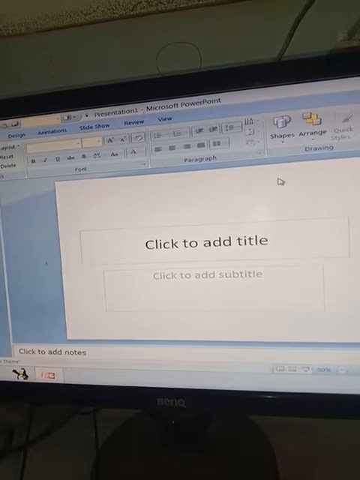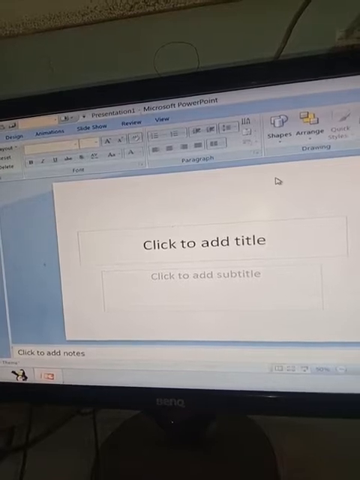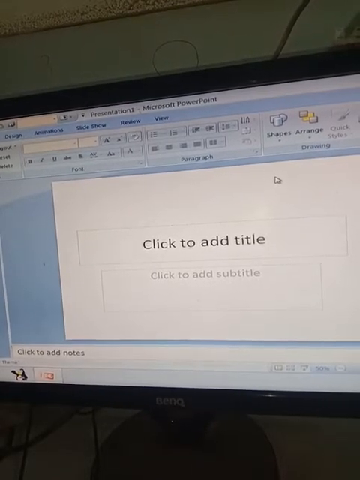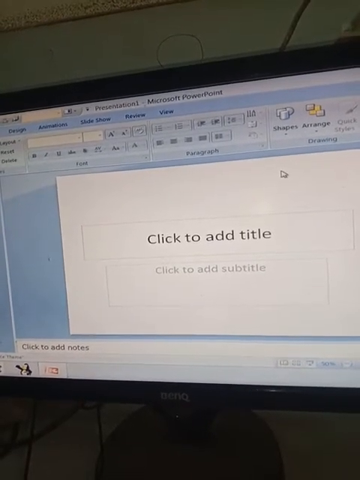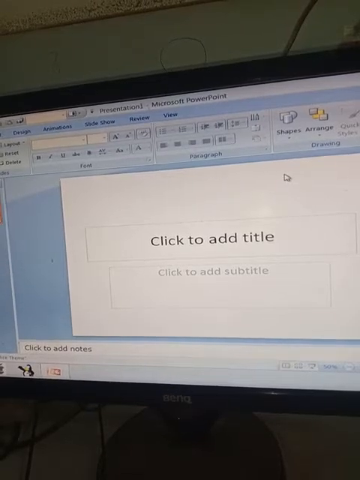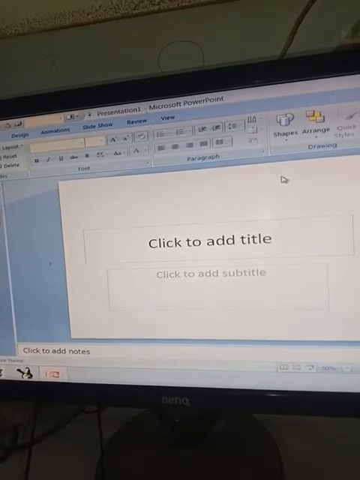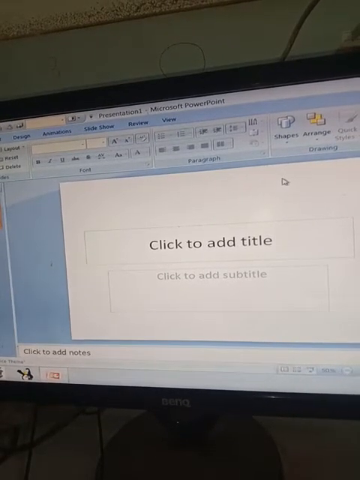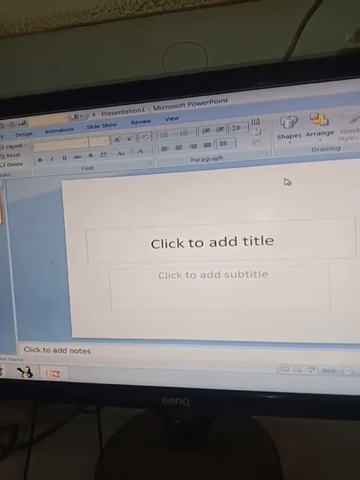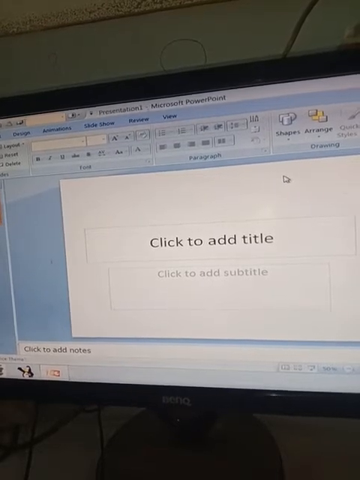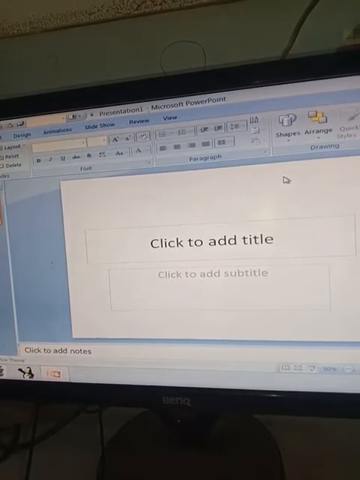Next topic that we have discussed is working with different views of a slide. Number 1, the ways to access the views in PowerPoint. Different types of views like normal view, slide sorter view, notes page view, slideshow view, reading view. Next topic that we have discussed is working with slides. Here we have discussed how to add the titles and subtitles in a slide, how to add the text box on a slide, how to add the text in a text box.